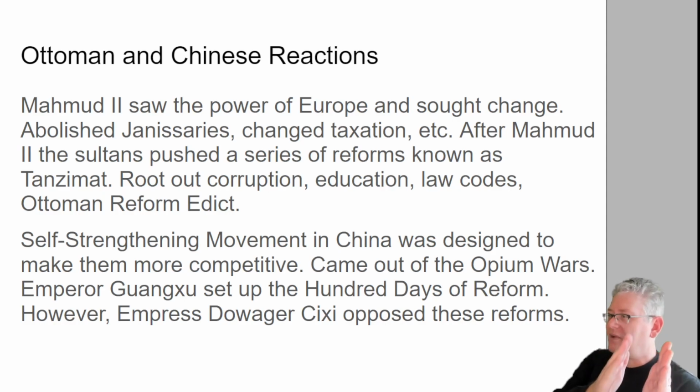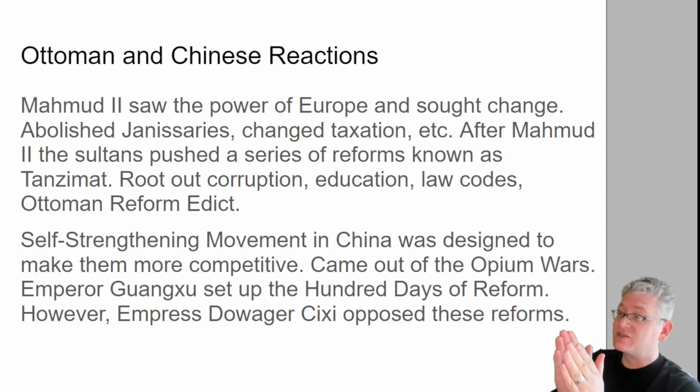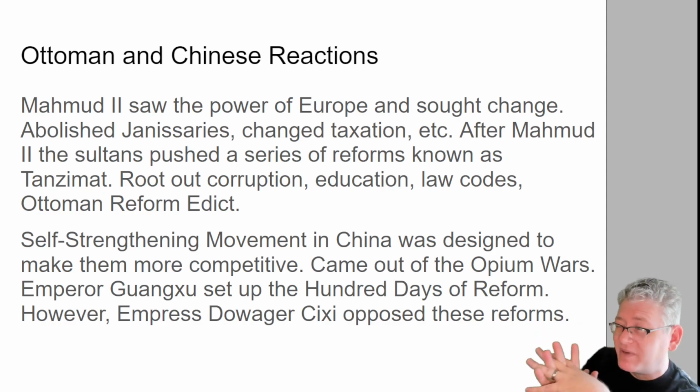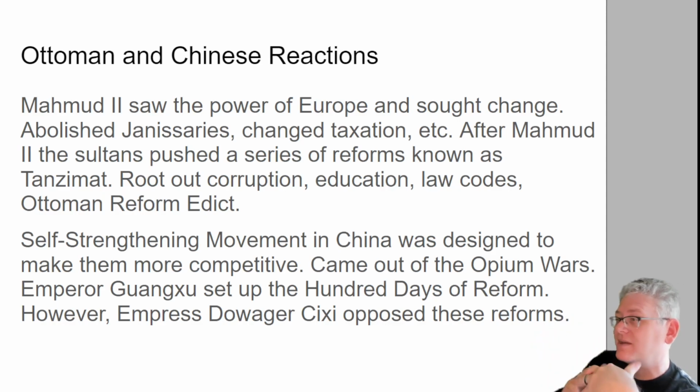So again, early on, we have the Ottomans being very conservative, not getting involved in any sort of industrialization, with the exception of Muhammad Ali in Egypt. But then over time, they realized just how much they've messed up, and then they changed their minds, and they want to bring it in with this Tanzimat. Tanzimat is not incredibly successful. I mean, it's better than it could have been, like if they just kept going like they were doing, but ultimately not enough to bring the Ottomans out and make them equivalent of a European power.